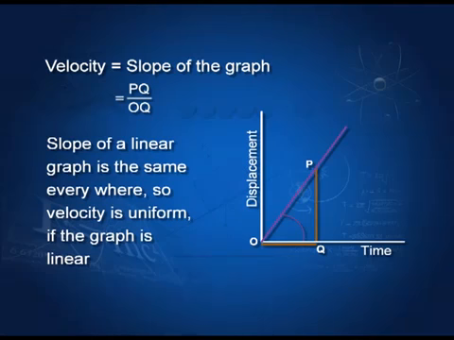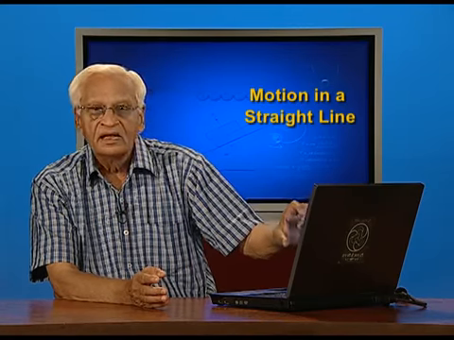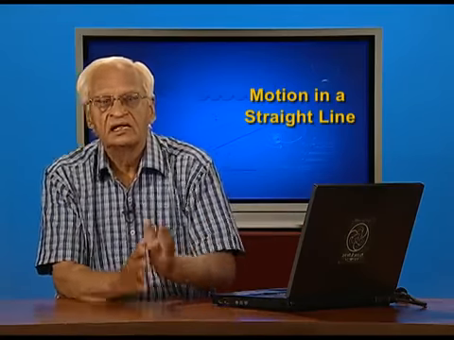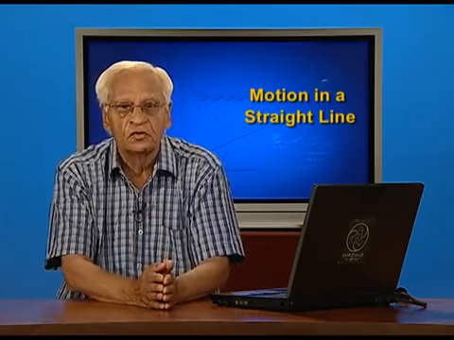That means, the slope is the same everywhere. You can see how we measure the slope. We measure the slope by taking at a certain time the displacement and divided by the time taken. That is how we find the slope, and if the graph is linear, the slope is constant and therefore, the